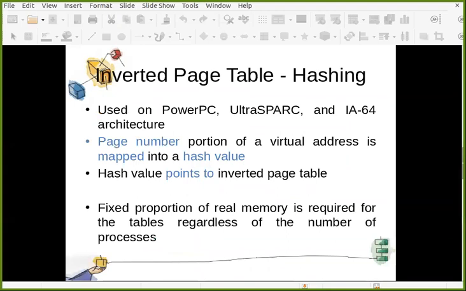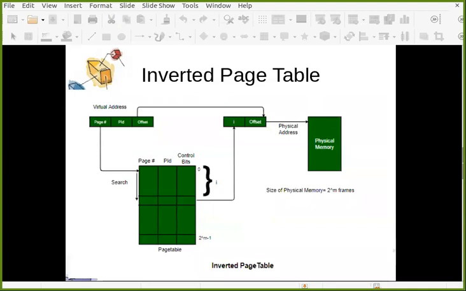So in the inverted page table, basically hashing is used. Now you need to understand one thing. Some hashing technique is used, and I hope you remember hashing.